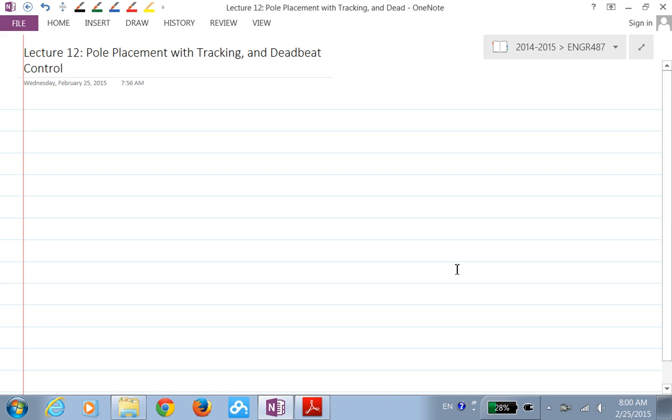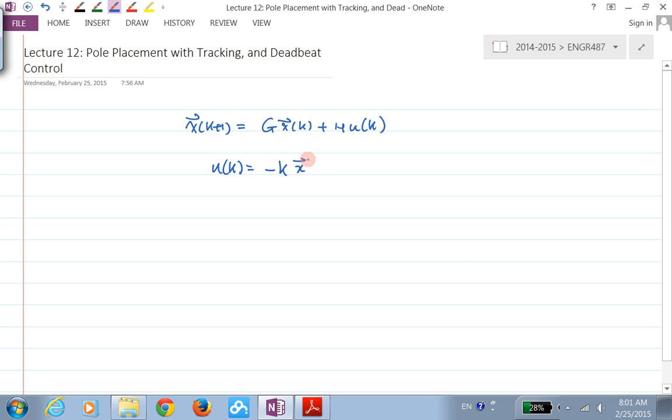Okay, in the previous lecture, we looked at a system like this, a discrete state space model. Then what we do is we design a feedback for this u here, right? So the choice of K basically determines the closed loop pole location. Okay. Now,